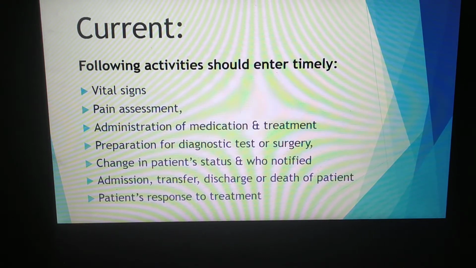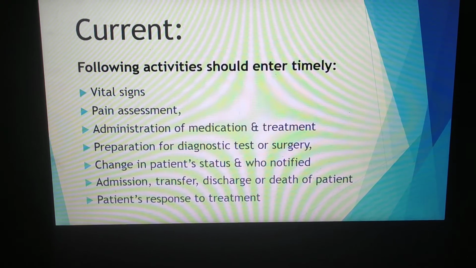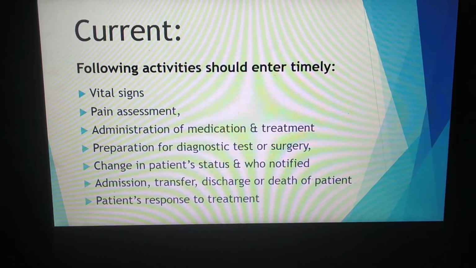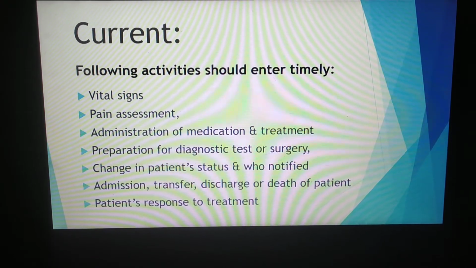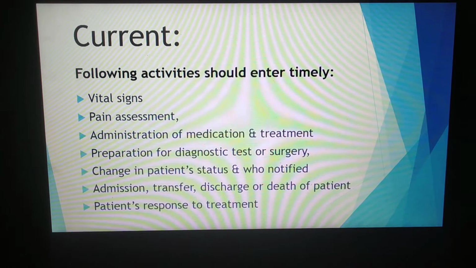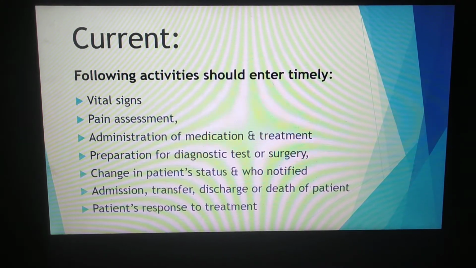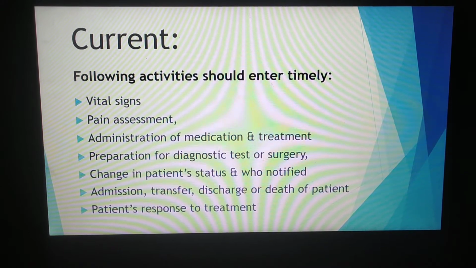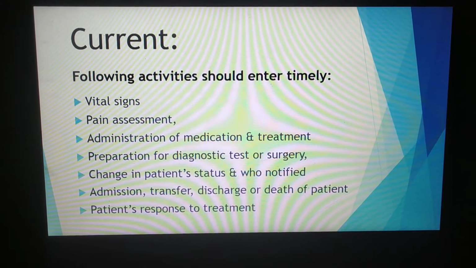And also if the patient is in the general ward or a special room, the vital signs should be monitored every third hour and recorded in the flow chart. These vital signs can be monitored depending upon the disease condition of the patient whenever necessary, and we need to monitor correctly and record it at that particular time itself. So this is very important.